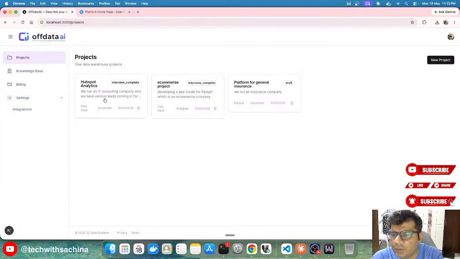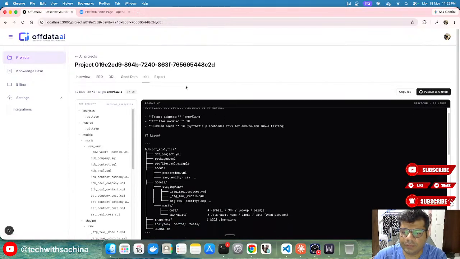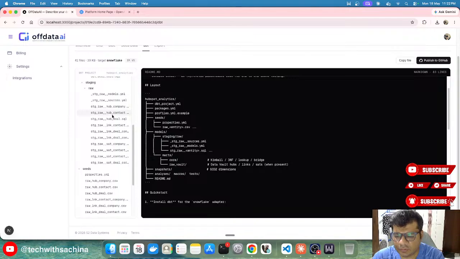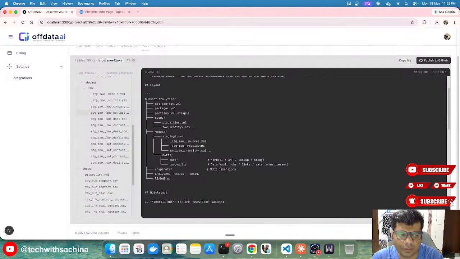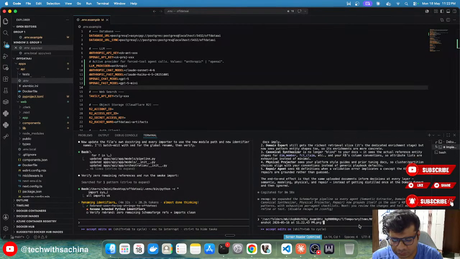Also, let me quickly fix that UI thing as well. Okay, on the DBT. I'll just show it like this. Control Shift 4. The UI for the DBT model looks good,